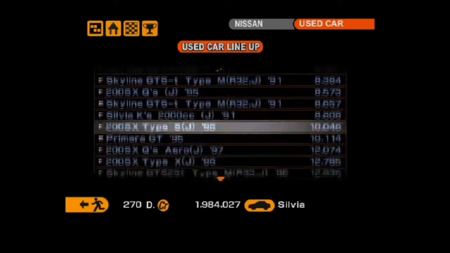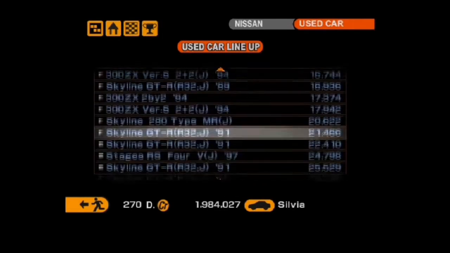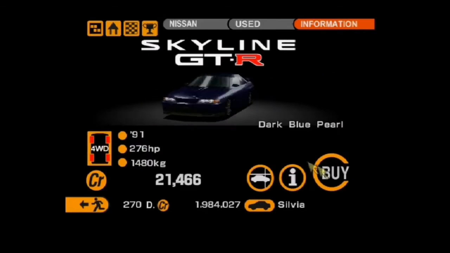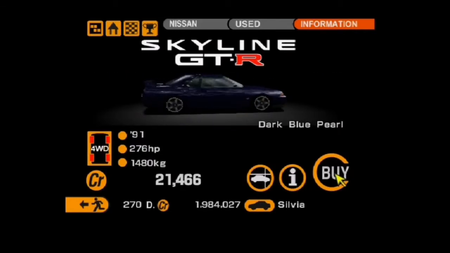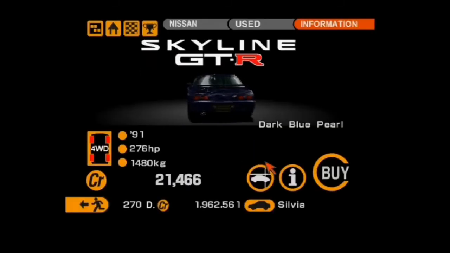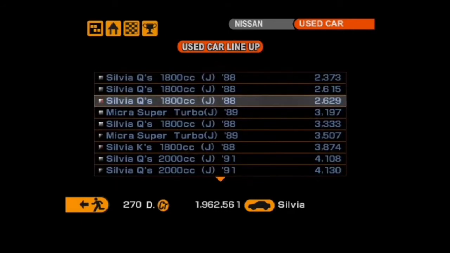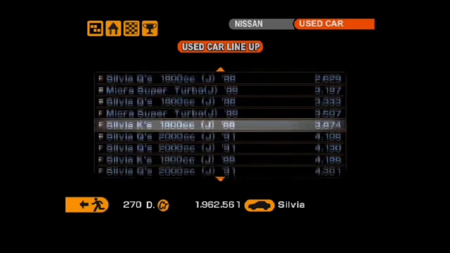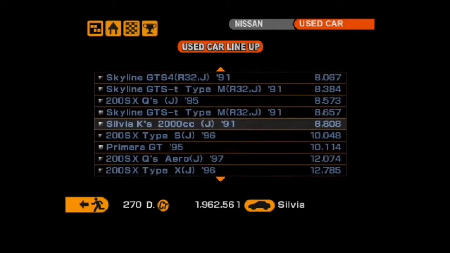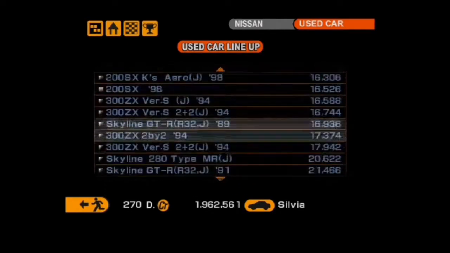No, that's a GTS. Should be somewhere down here. Ah, here it is. I'm also going to get myself this Skyline GTR R32, because obviously I shall need that as well. And I think I'll also need a Nissan Almera as well. But just going to have a look and see if one's available in the used car lot, and if it isn't, then well, I'll just purchase it from...